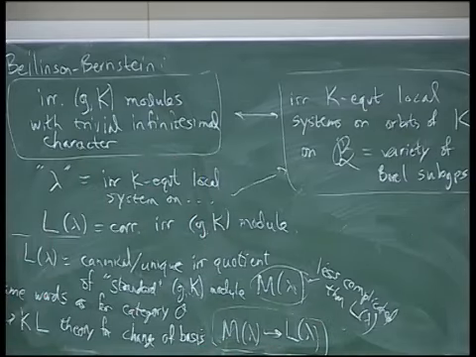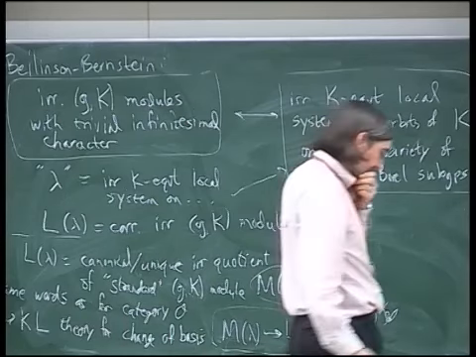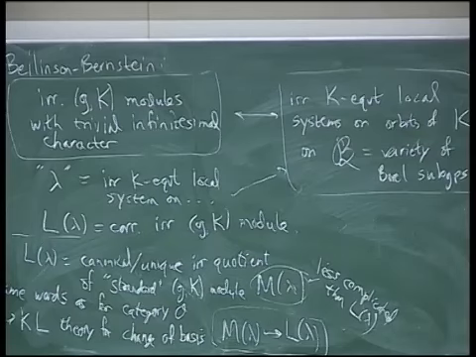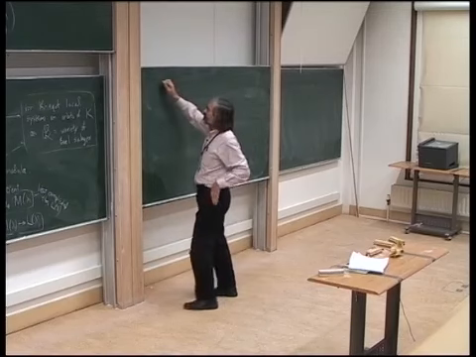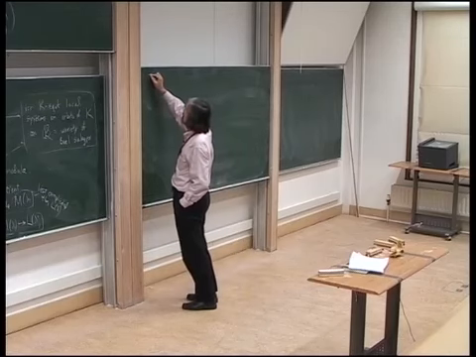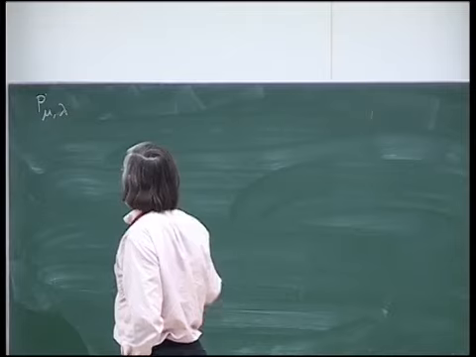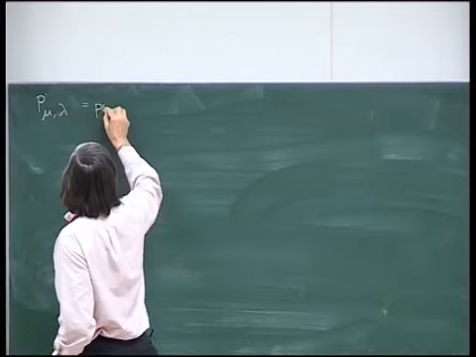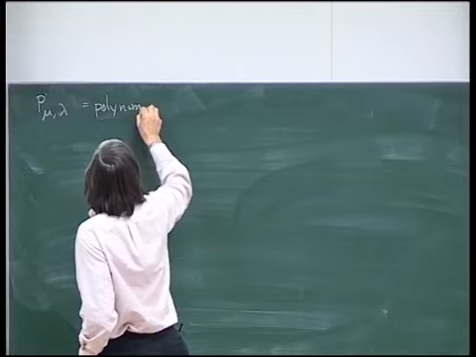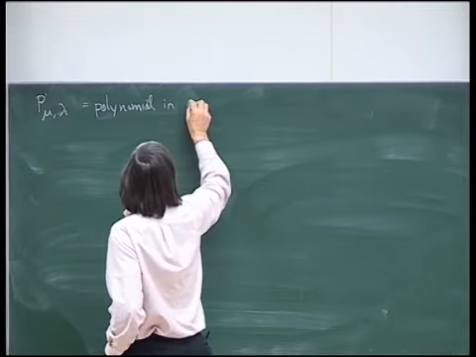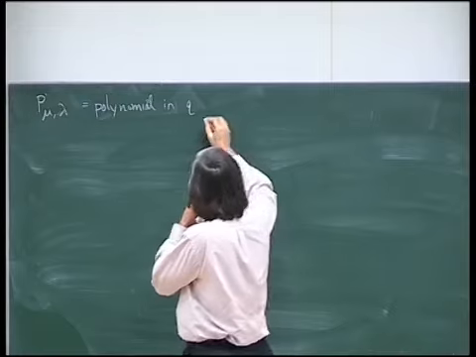So I could say, I don't know, P mu lambda, this is some polynomial in Q, and